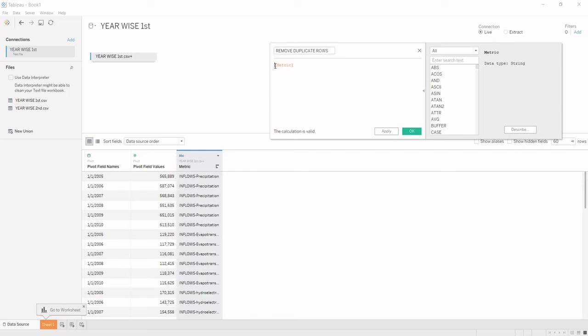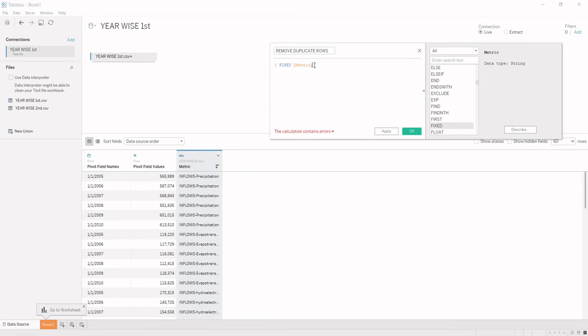Now, as I will tell you later how this works using a calculated field, you now need to only focus on the code and its output. In our future videos, we'll explain what calculated fields are and how to write code inside them. I'm writing here a command FIXED, which is called a LOD.